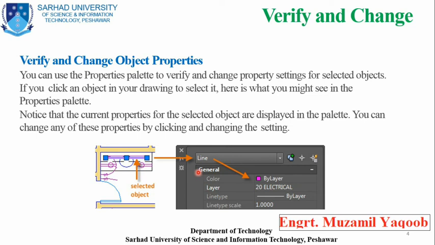Notice that the current properties for the selected object are displayed in the palette. You can change any of these properties by clicking and changing the setting. Just select the object and it will show the properties of the selected object, and from there you can change the properties of the selected object.